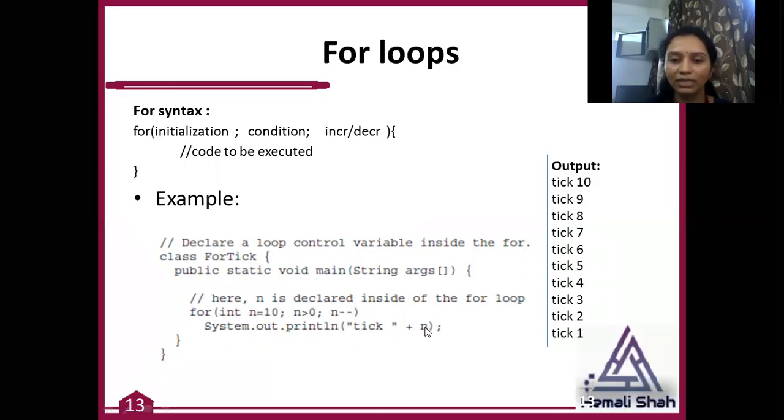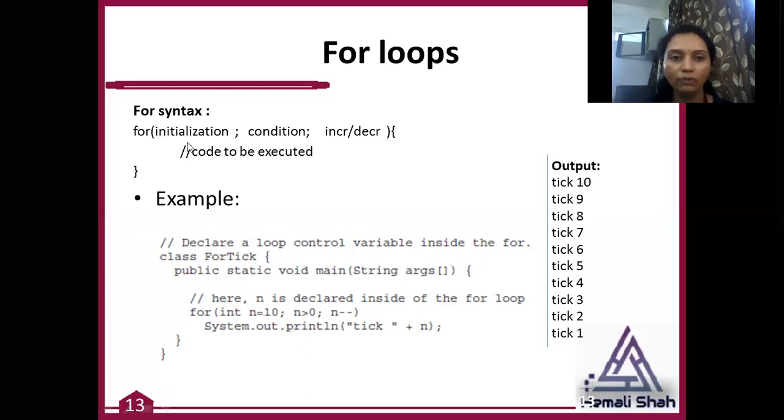So here first print 10, then decrement the value 10 to 9, check 9 is greater than 0, the condition becomes true, it prints 9. Again, this decrement statement executes, 9 becomes 8, and again check 8 greater than 0 becomes true. Repeat the body part until the value becomes 0, and 0 greater than 0 is a false condition, and your loop terminates the execution and you will get such an output.